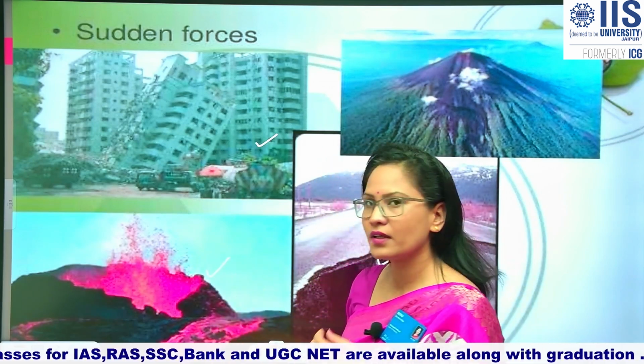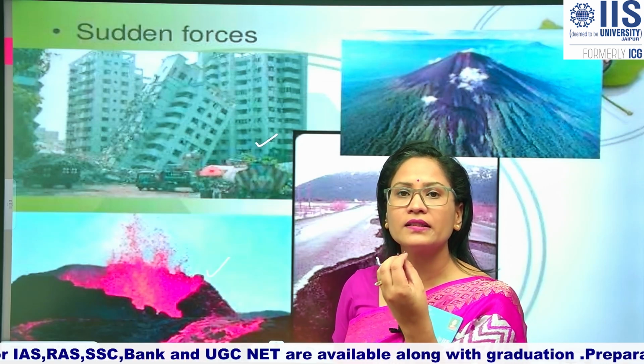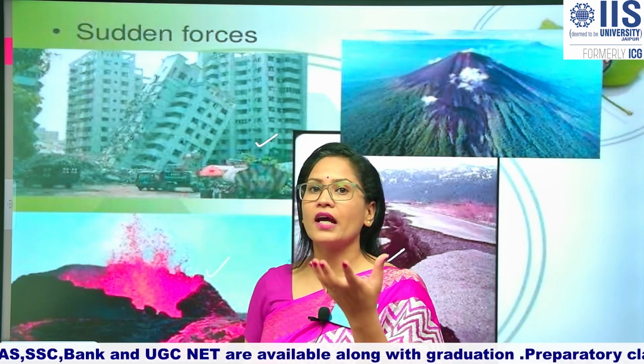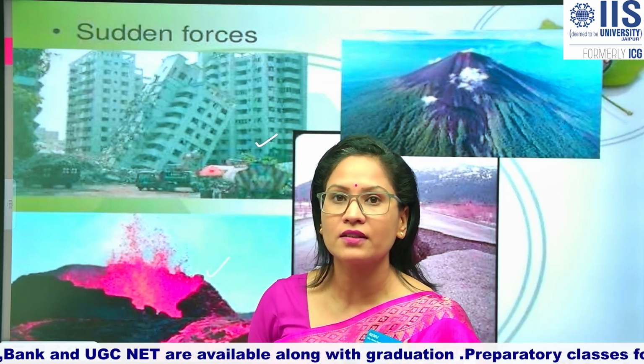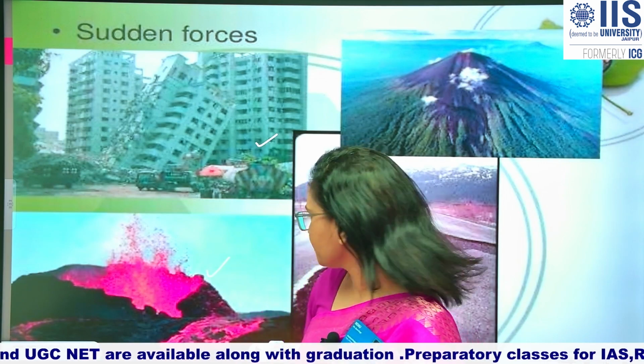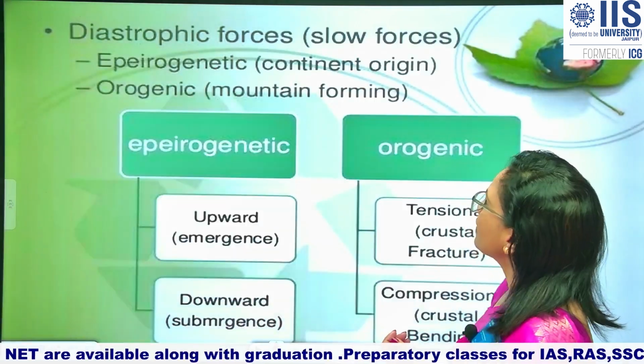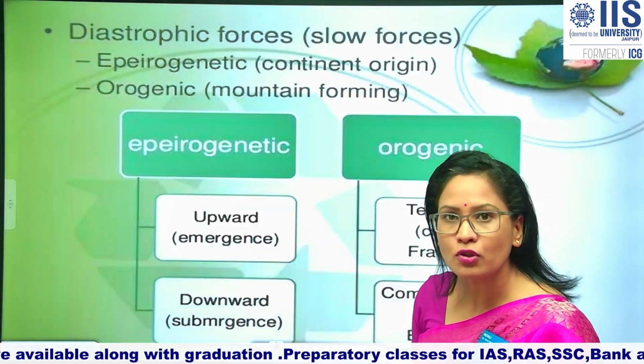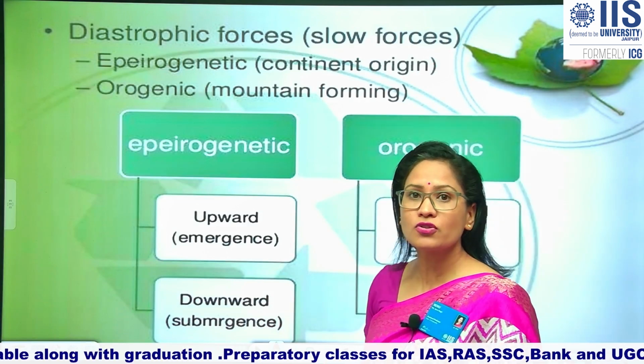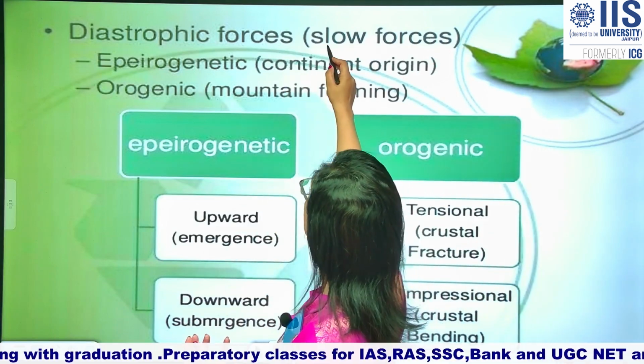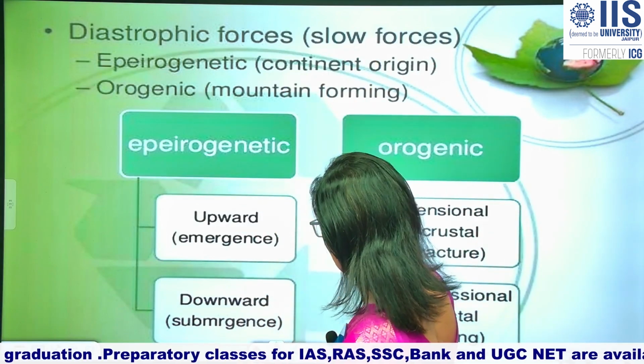Volcanic eruption occurs in a few seconds and it is highly drastic if that volcanic activity occurs in a residential area. But if we are talking about the slow movements, or diastrophic movements, diastrophic forces are slow forces, as we had discussed in the previous slide,